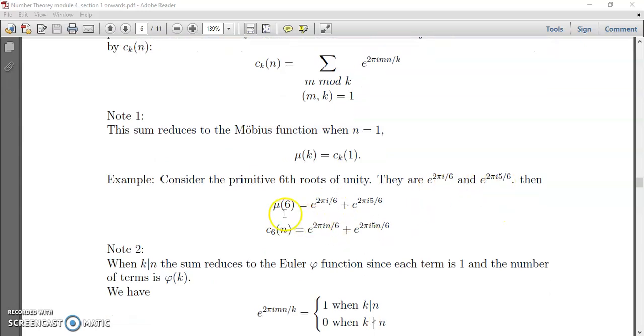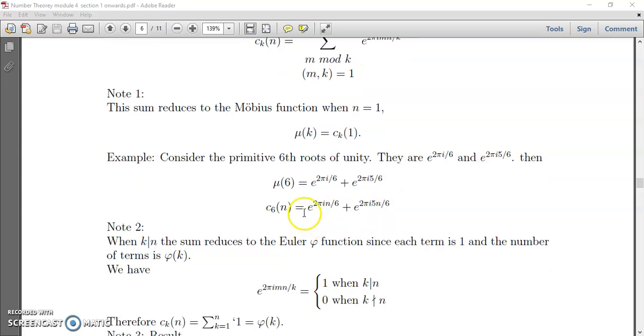So mu of 6 is e raised to 2 pi i by 6 plus e raised to 2 pi i 5 by 6. So then what is the Ramanujan sum? Ramanujan sum c_6(n) is nothing but the nth power of the primitive sixth roots of unity, that is e raised to 2 pi i n by 6 plus e raised to 2 pi i 5n by 6. The next note will be that